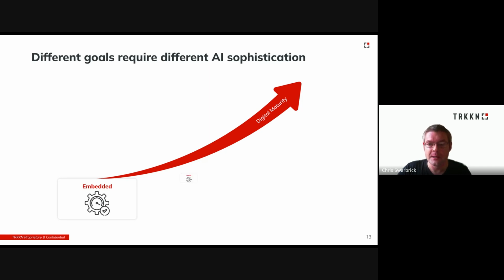platform. Next, we have applied AI. So this is where AI is being utilized to solve very specific problems, such as calculating your customer lifetime value. As such, it's going to need more inputs, in particular your own data, to solve that problem. However, the output is specific to you and your own goals.